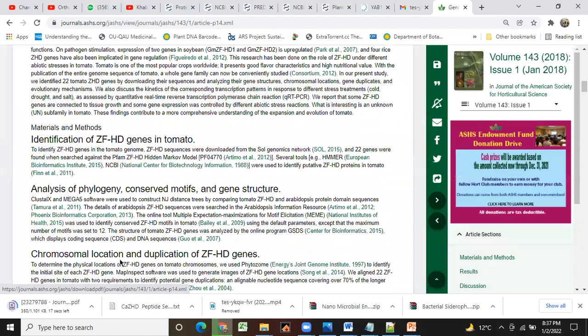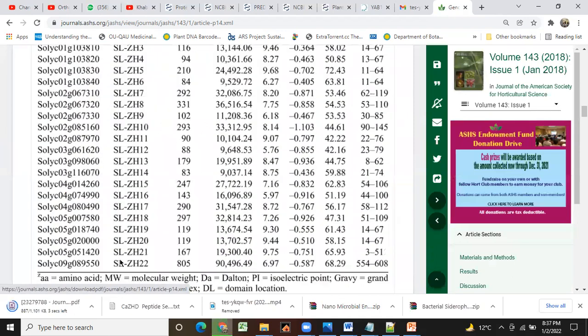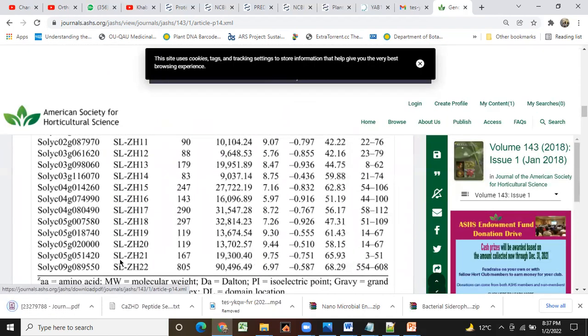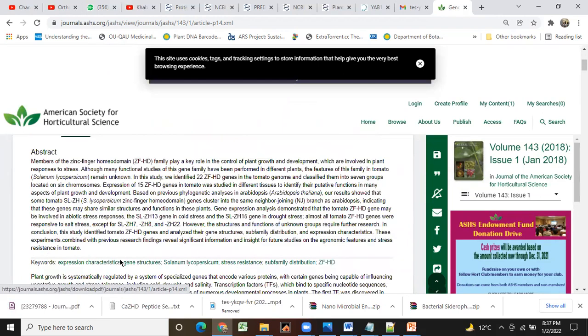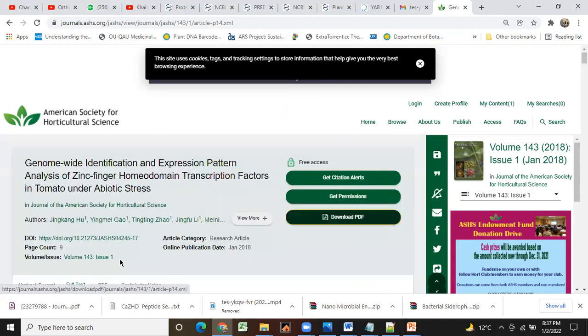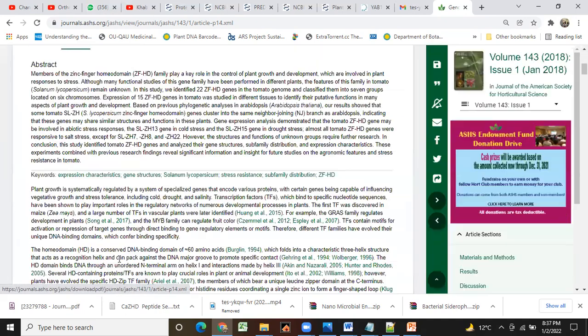This says that there are 22 genes in tomato, and how many in chili? I got 15. There are duplications for several extension numbers. How many in total now?